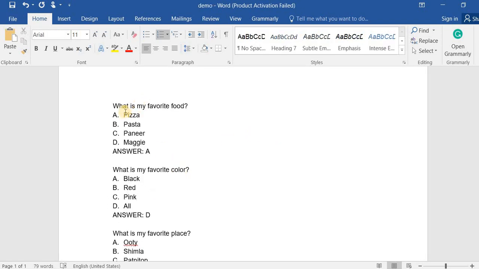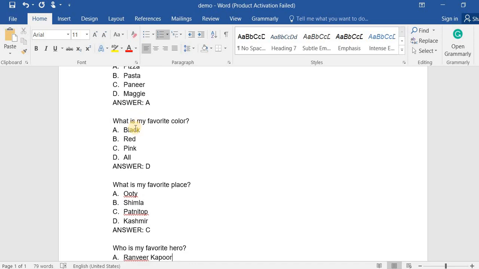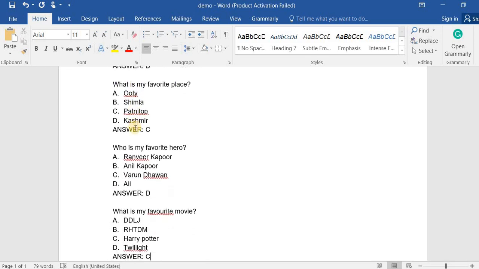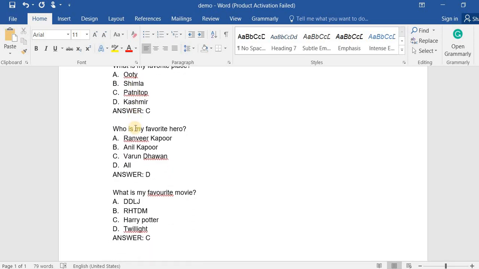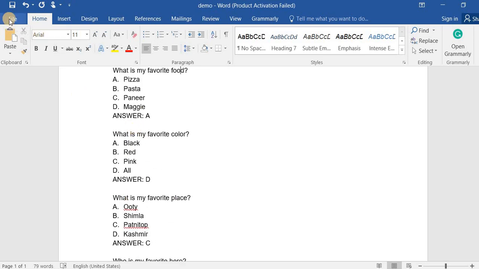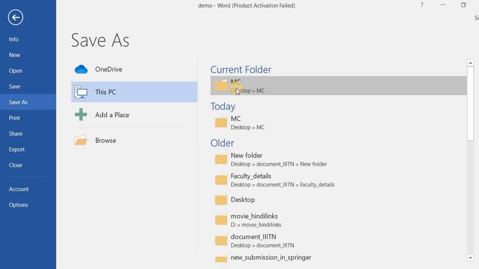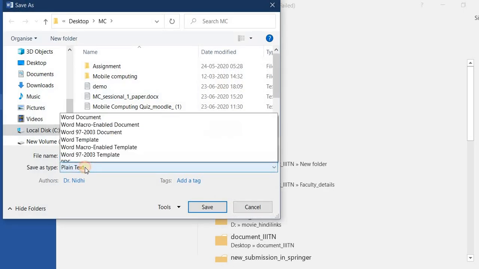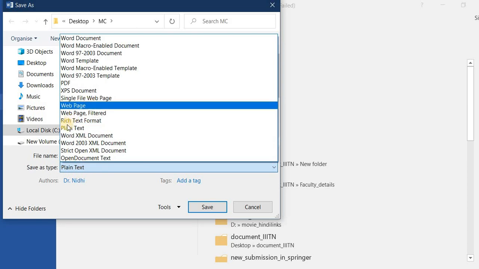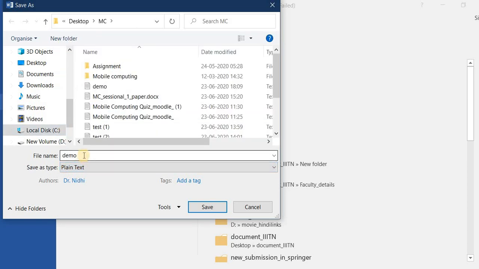In this demo you can see I'm creating 5 questions. That is question 1, this is question 2, question 3, question 4, and this is the last one, question 5. So first you have to save it. Your Word document should be saved as a text file. So I am saving it as a text file, and my name is